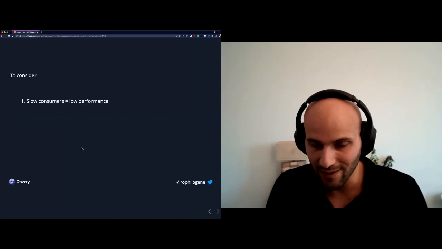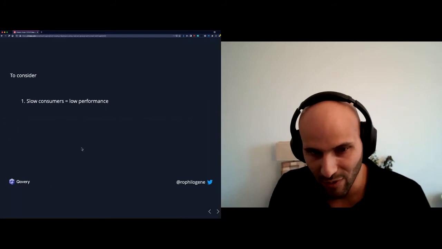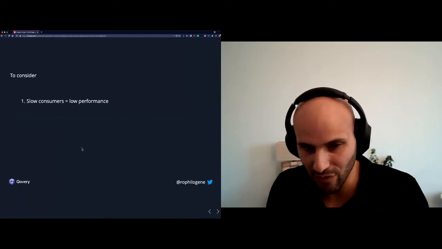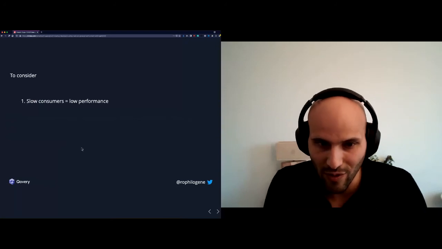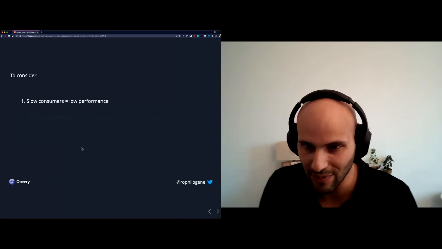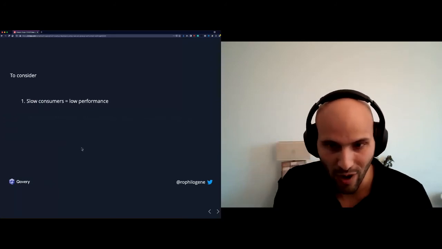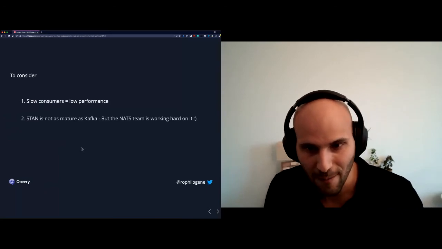That's the way NATS works. So if you use NATS intensively, you'd better use it in a very asynchronous way, then you will get the maximum throughput on the system. That's very important. Otherwise, you will face a slow consumer and low performance.